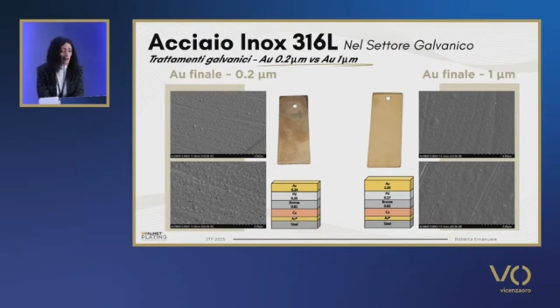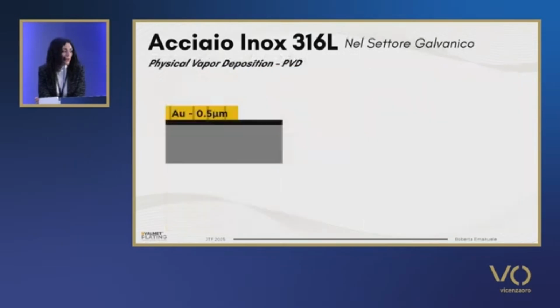The samples with 0.2 microns are very ruined. You see the copper deriving from corrosion that stains the sample. On the right-hand side, we see that the samples are much better. So porosity bears importantly on the release of nickel. But there is another factor to be considered, which is perhaps even more important, and that is the removal of chromium oxide. To further confirm this, another set of samples had been